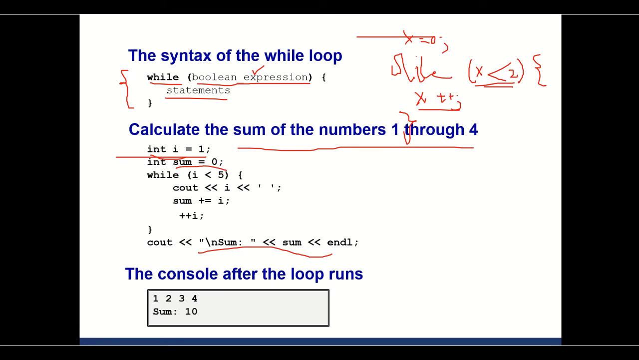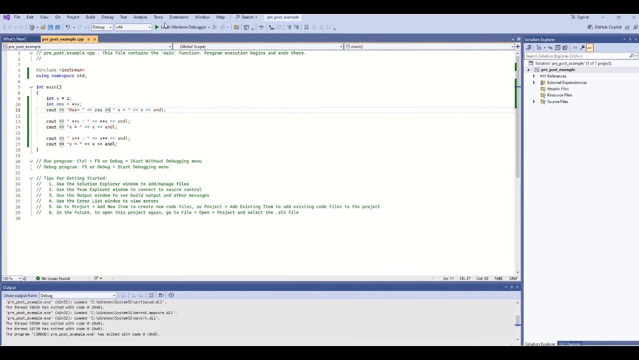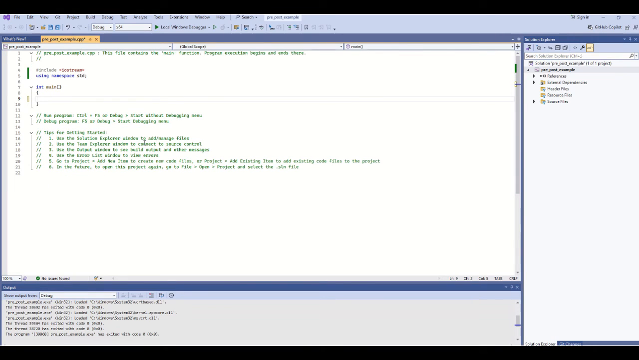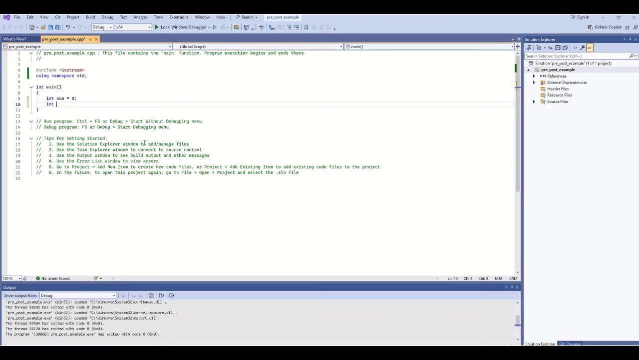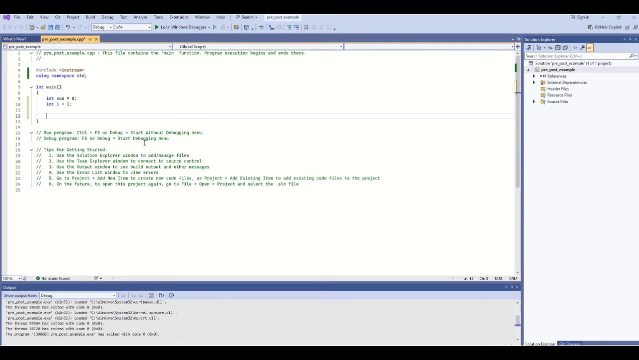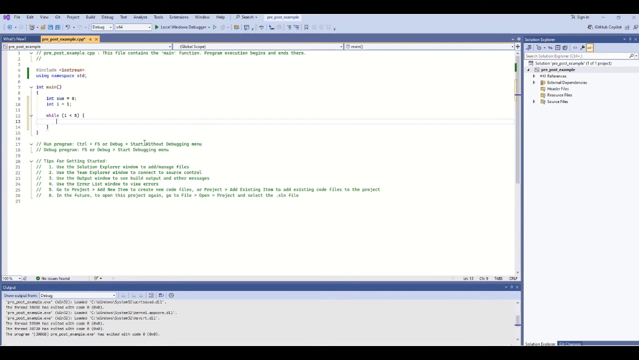Basically, let's write the code. Let's say we are doing the sum, using the same program. So int sum equals 0, and then int i equals 1. Then we do while i less than 5. That means i goes from 1 to 4. So then you can do cout i,